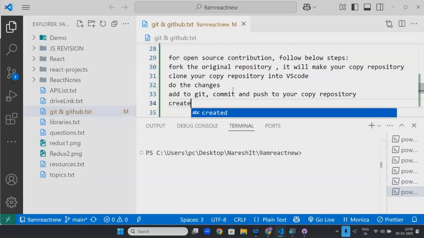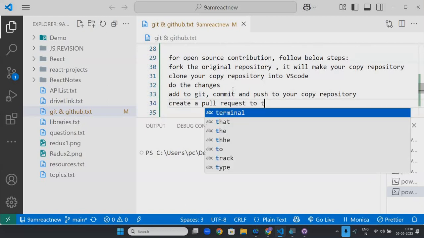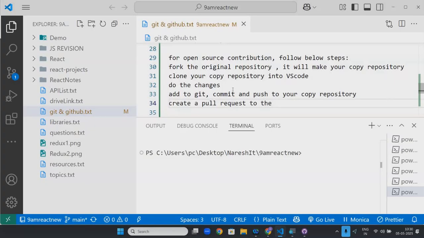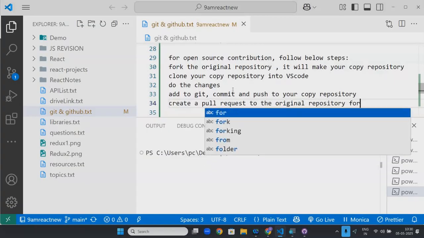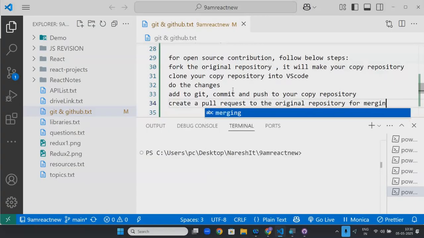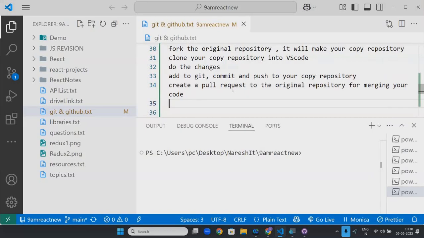Create a pull request to the original repository for merging your code.